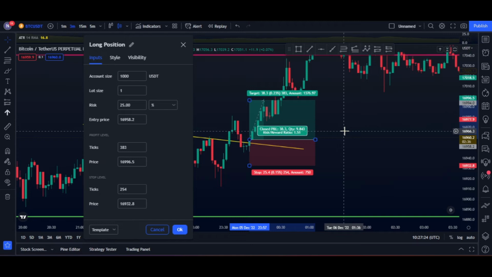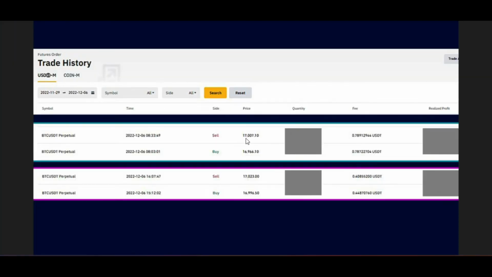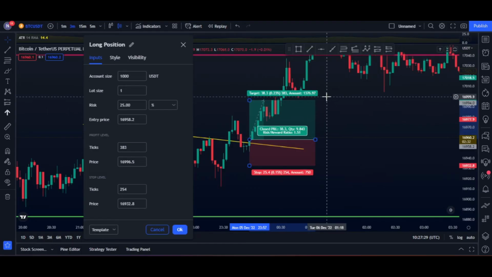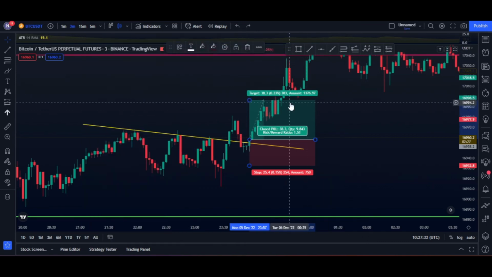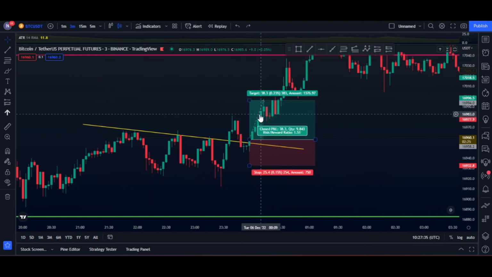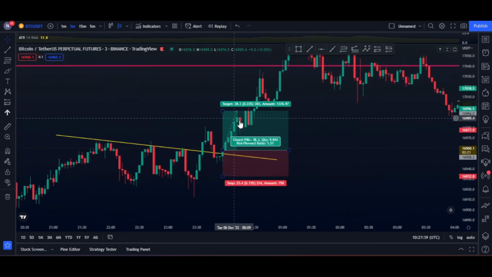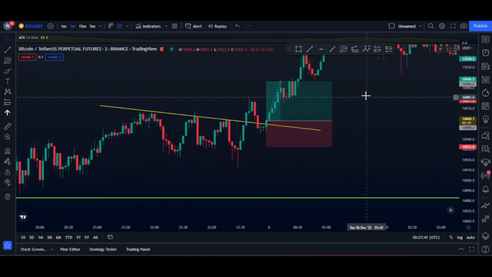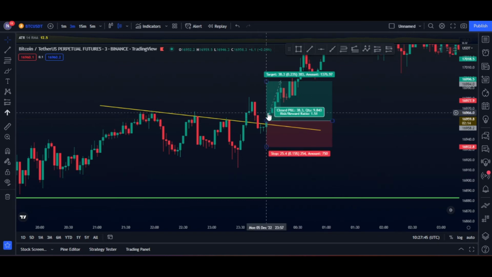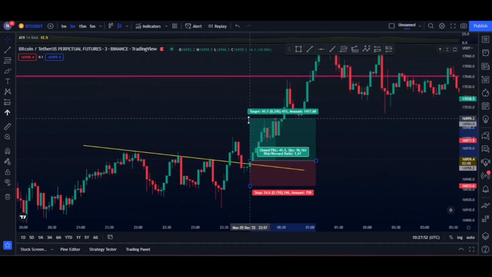And my take profit at around 17,007. So yeah, depending on your risk to reward ratio, but for me I use this 1 to 1.5. That will help you using this long position or short position tool. You can easily use the ATR for your stop loss,